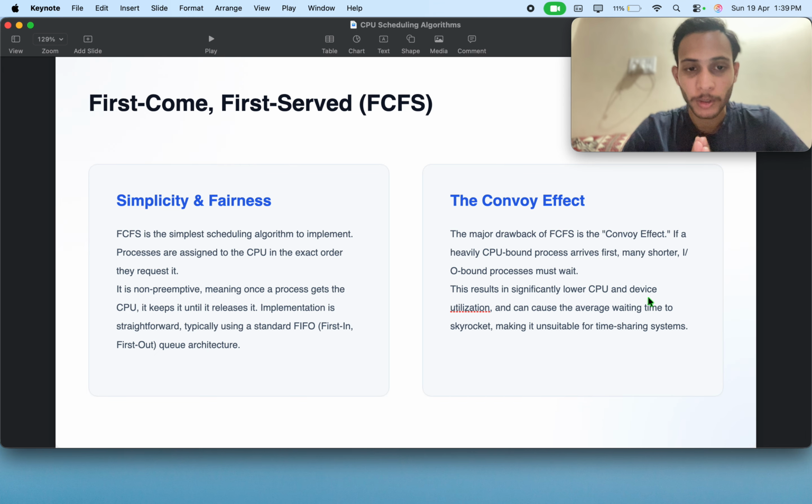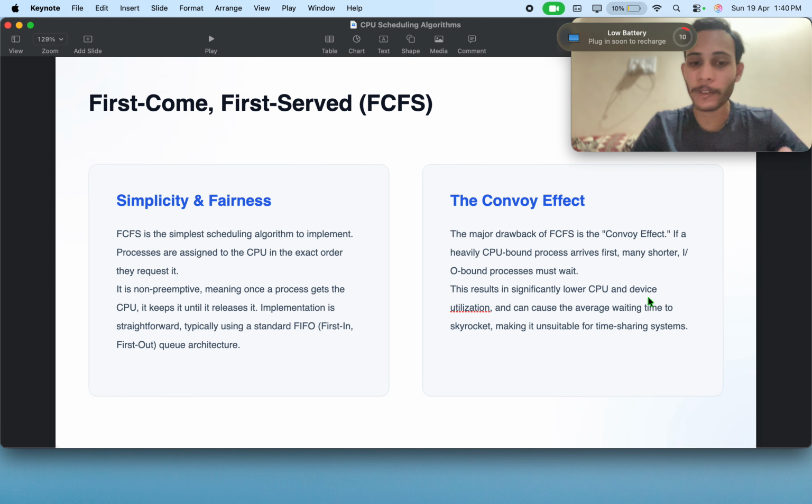Next one. Let's look at the simplest algorithm, which is first come first serve, FCFS. It works exactly like a line at a grocery store. The first process to arrive gets CPU time until it's done. While it is incredibly simple and fair in theory, it suffers from the convoy effect. It means if one massive task gets in the front, मतलब एक टास्क अगर शुरू हो गया तो वो ख़त्म होके ही हटेगा, which means it kills efficiency। बहुत टाइम लग जाएगा, बाकी सारे जो प्रोसेस होंगे वो आइडल बैठे रहेंगे उस टाइम तक, तो सीपीयू का एफिशिएंसी भी कुछ नहीं होगा।